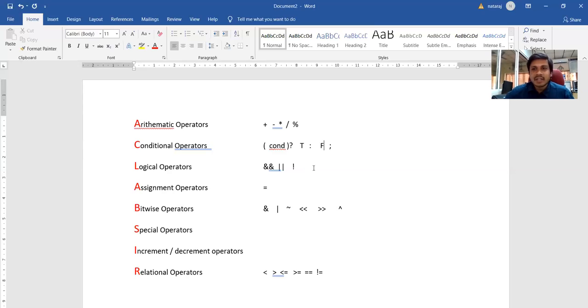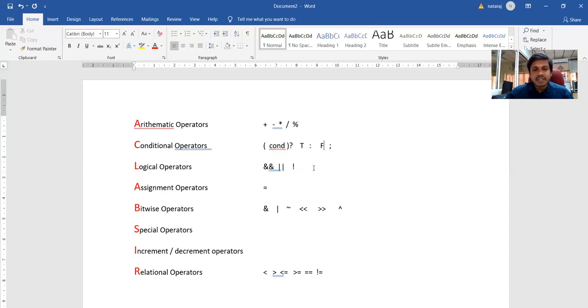And the assignment operator is used to assign a value to a variable. Which value? The value that is present to the right of the operator will be assigned to the variable that is present on the left. The value or expression result on the right side gets assigned to the variable on the left side. And the reverse is not true. So the left side should always be a variable. This is mandatory. On the right side, you can have a variable or a value or an expression or anything. That we have seen in the last class.